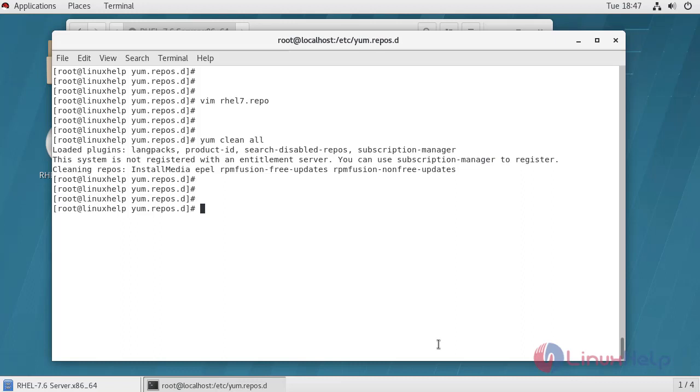To check the repository, install any package. For example, I am going to install Apache.